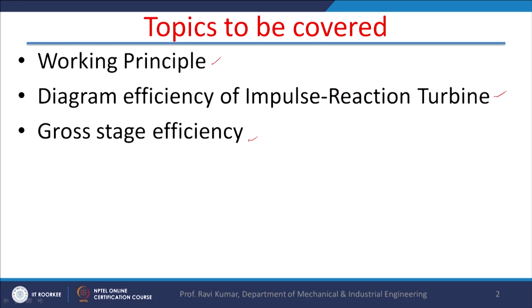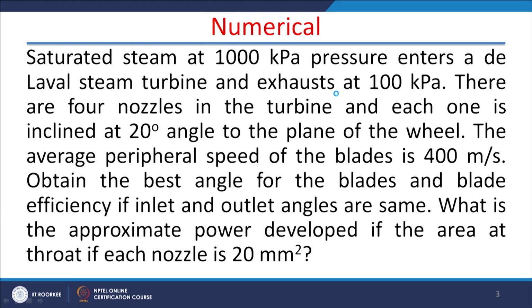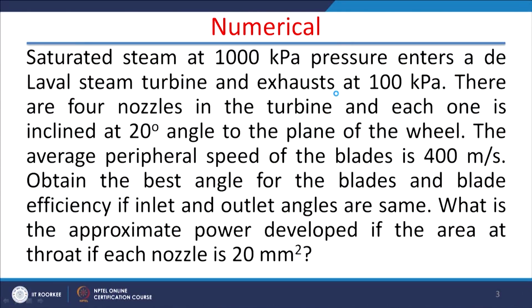Now, I would like to go for a numerical on the impulse turbine, then I will discuss a numerical, because numericals in power plant are not there just to check your computational skill. The numericals are solved in the power plant just to have physical ideas of the values. For example, the nozzle angle is approximately 15 to 20 degrees, you will get certain ideas about the velocities and the angles. So normally in the power plant we give numericals just to give you the physical idea of the quantities, right.